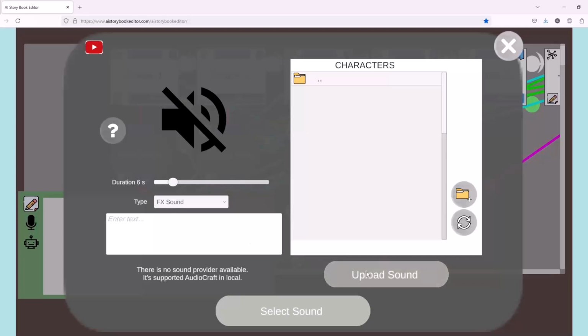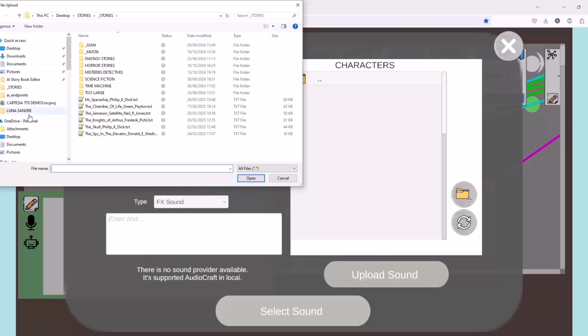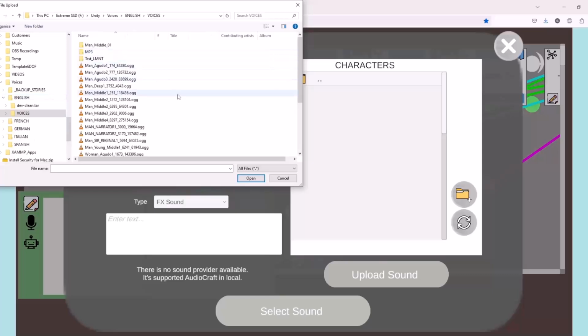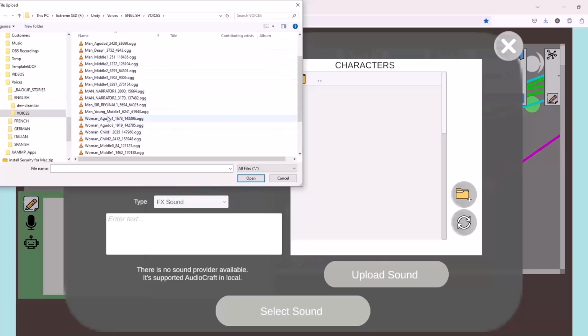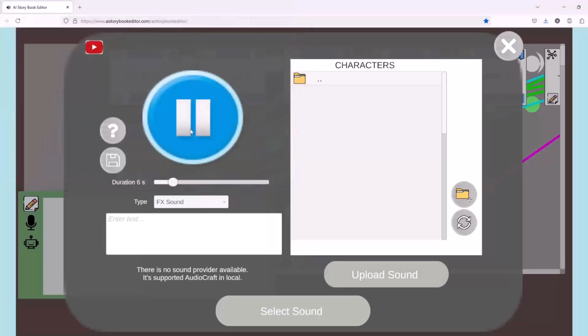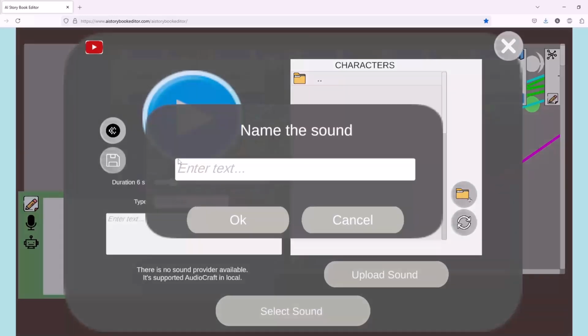So we are going to choose the voice for the narrator. Okay, so let's go with the voices, and for this we are going to choose maybe Arctic beauty and desolation, with their blessings and dangers. Let's choose this for the narrator. First of all, let's select Cartesia as our text-to-speech provider. And now we are going to save the narrator